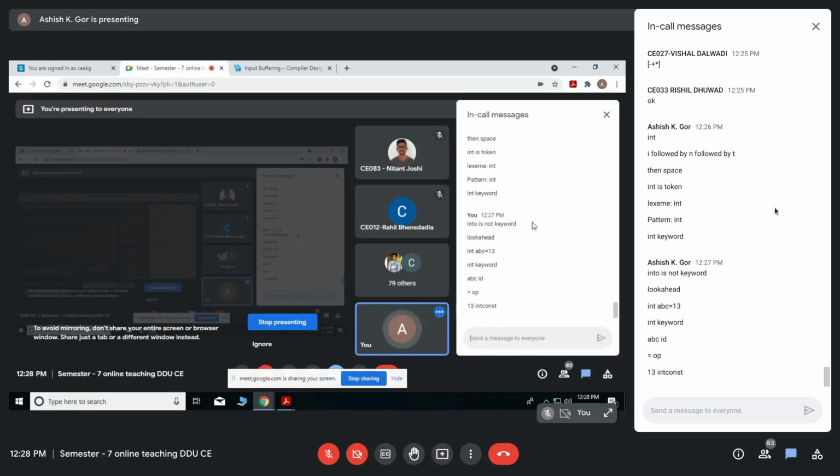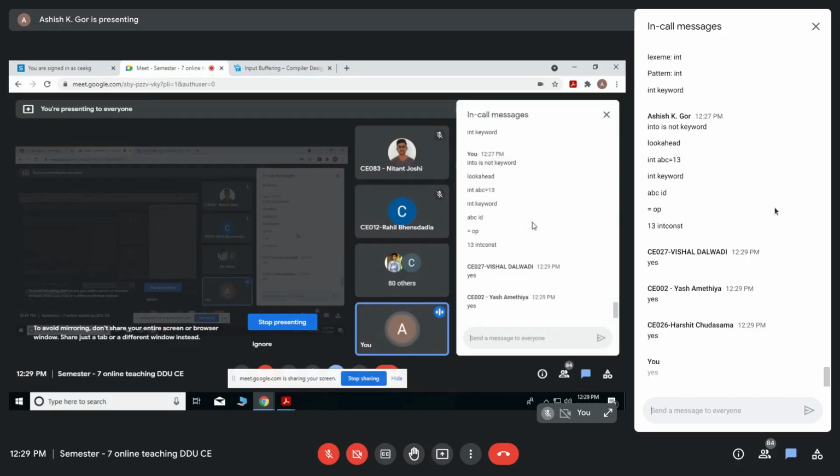Unless you see the equals to, you will not be able to programmatically categorize that ABC is one token. I should first see the next thing, and after seeing a different thing like equals to, a semicolon, or a space, I will be able to understand that ABC makes an identifier in this example. Yes, Rahil, Nitant, are you getting what I am saying?